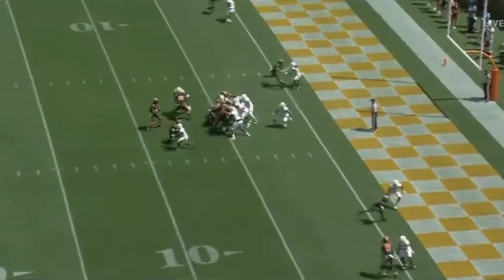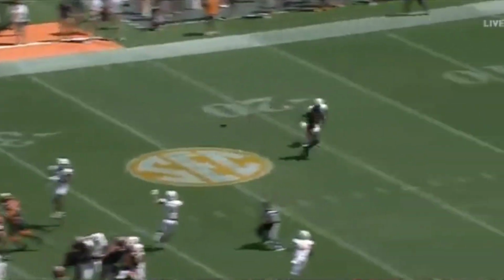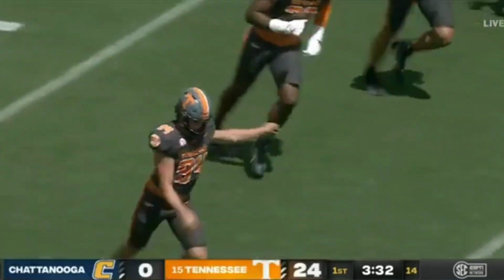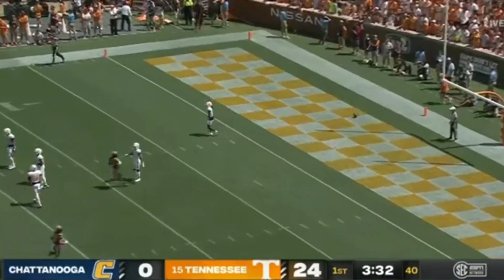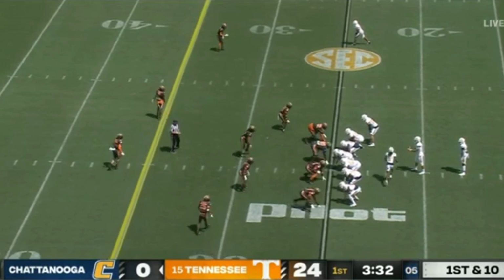You see his ability to get outside the pocket, make something happen. Spits one in there to his tight end for a touchdown, then another to Thornton across the middle. He said Joe had so many critics, dealt with a lot of pressure. Watching him and the way he went to work to focus on himself, what your team wants to accomplish. In week 1 of the 2024 season,